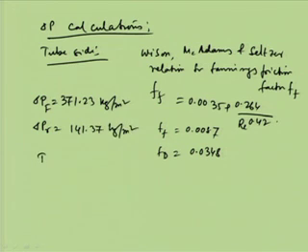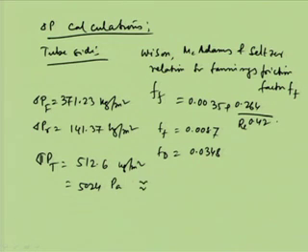So, delta P total becomes the summation of these, and it comes to be 512.6 kg per meter square. So, we can say that is 5024 Pascal, and that is nearly equal to 0.77 psi, pounds per square inch. So, this is a very low value. We can increase the number of tube passes, even increase the velocity, and can afford to have more pressure drop. And now, let us go for the shell side